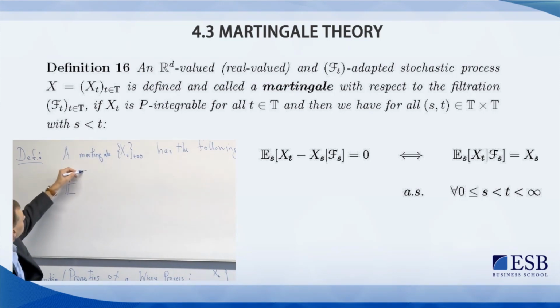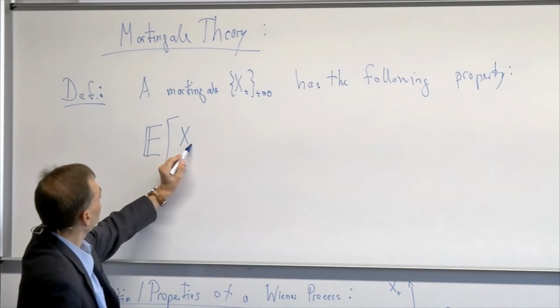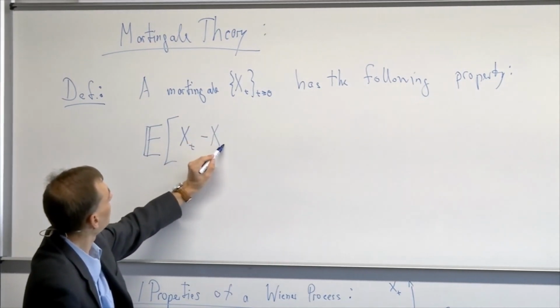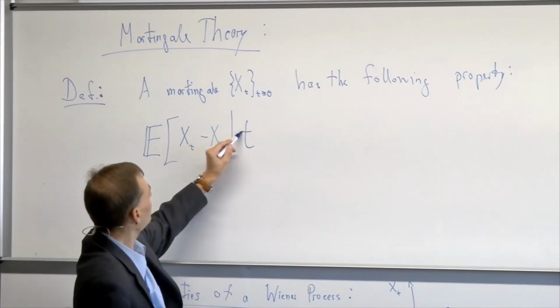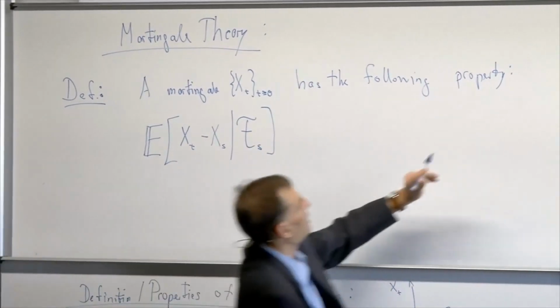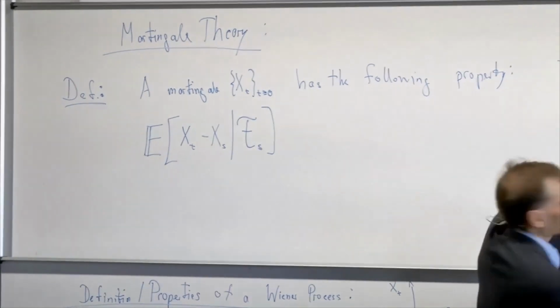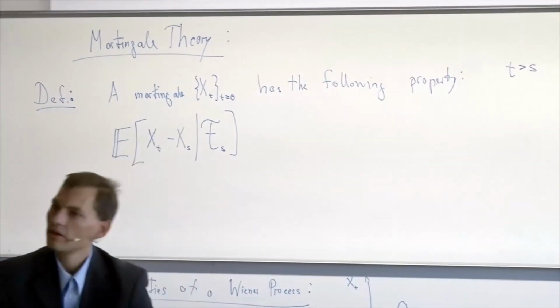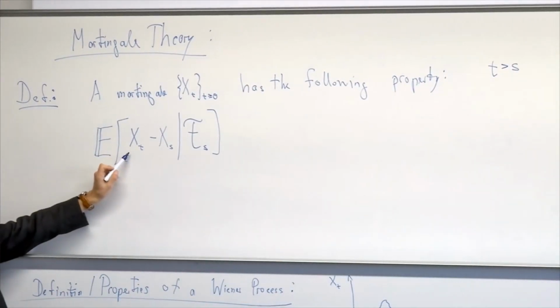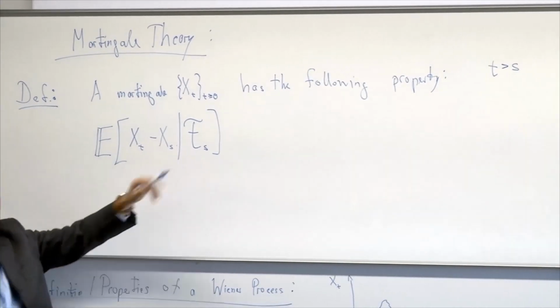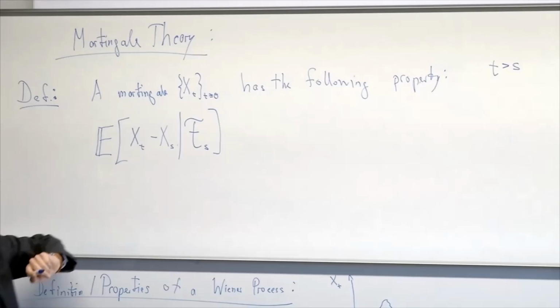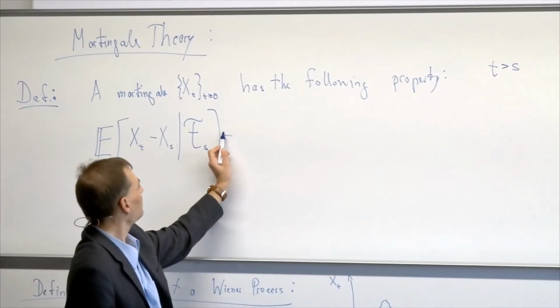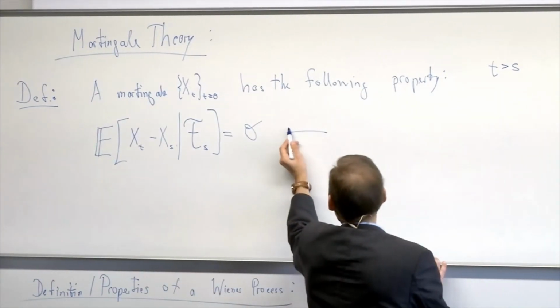If we build the expectation of the increment of this process based on the information of my filtration I know today, s, so maybe I define, once again, t is greater than s. So s is what we know today, and then we go into the next day with t. So if I build the expectation of this increment, and this means based on my information, right? F_s is the set of what we call a filtration, the set of events which we already know at period s, that is today. If we build such an expectation, then a martingale means this is 0,